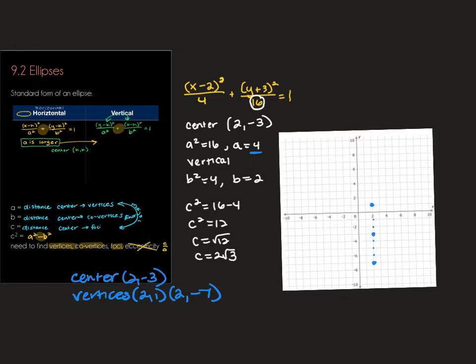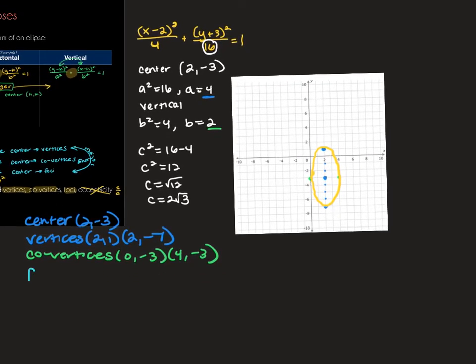Okay. Your co-vertices are your b's, which are going right and left 2. So co-vertices are 0, negative 3, and 4, negative 3. I can draw my ellipse, and then to make the focus or the foci, it's on the major axis, which